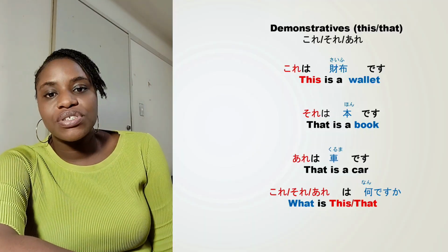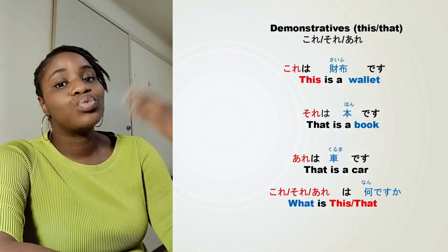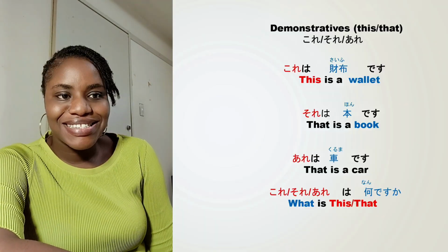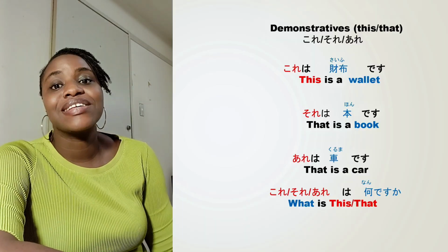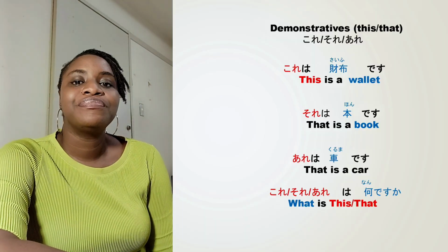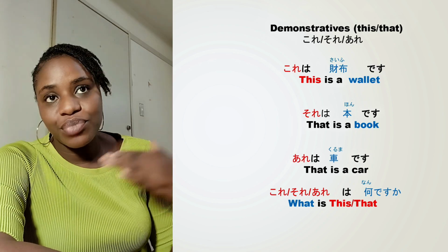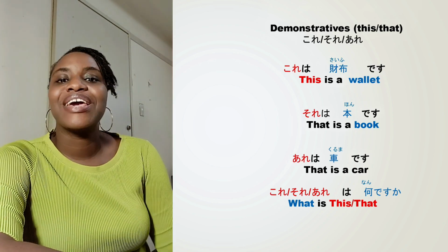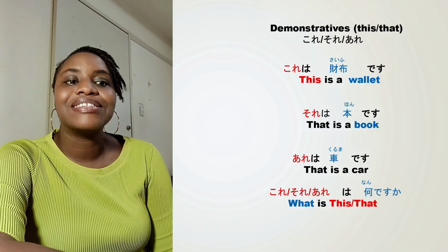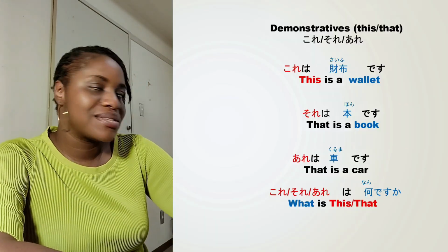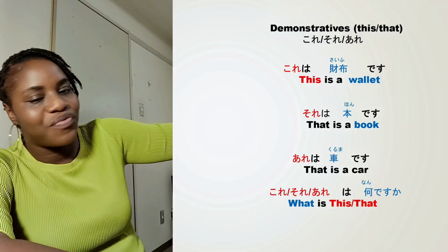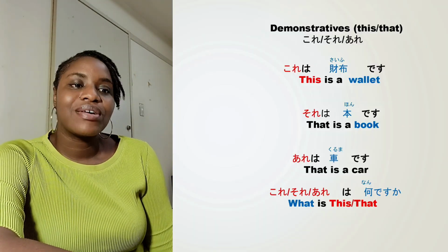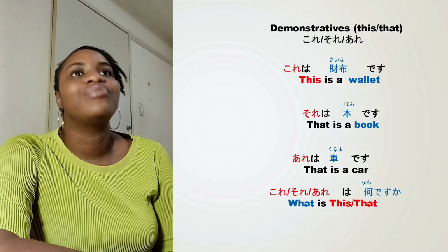Now, if what I want to describe is close to the listener, it will be それ。それは本です。That is a book. Then if it's far from both me and the person listening to me, just like over there, it will be あれは車です。So let's say something far away is passing while we're both standing here and I want to say, oh, that's a car. あれは車です。